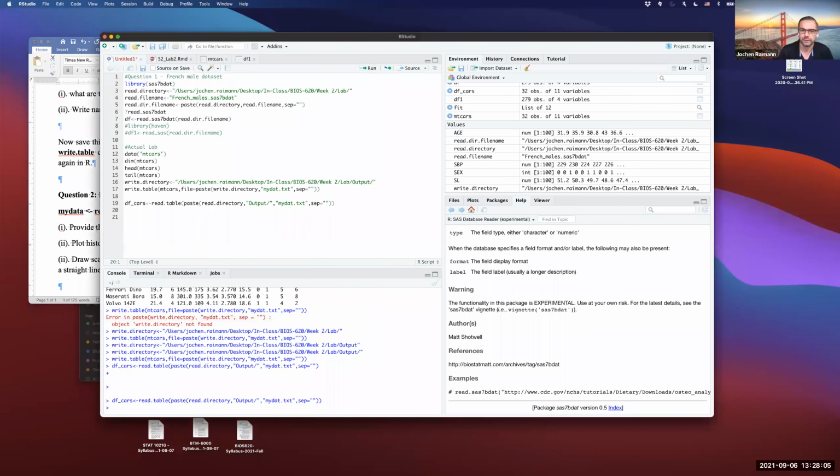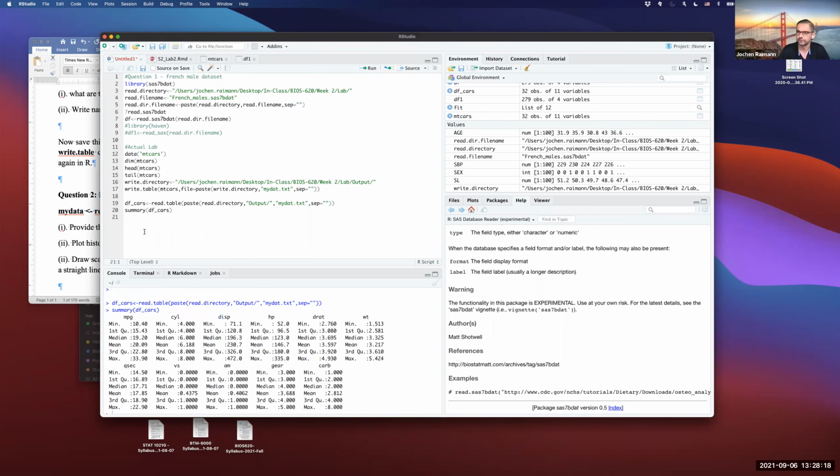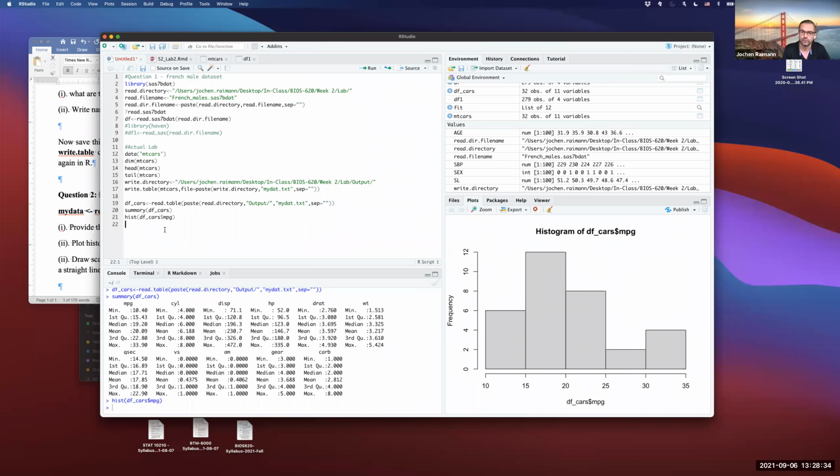Summary statistics are easy to do, right? You can always do summary of df cars, and it gives you summary statistics for all of your variables. It gives you all the summaries. You can also plot each parameter. So you do hist of df cars MPG, which gives a histogram of that particular parameter. If you want to add any kind of labeling, you do main equals